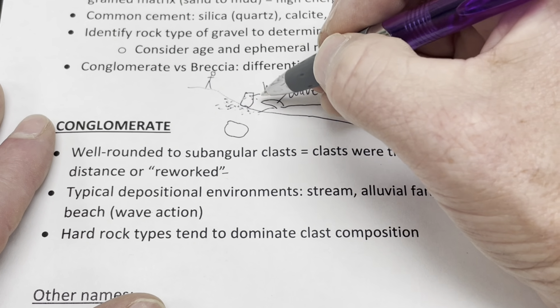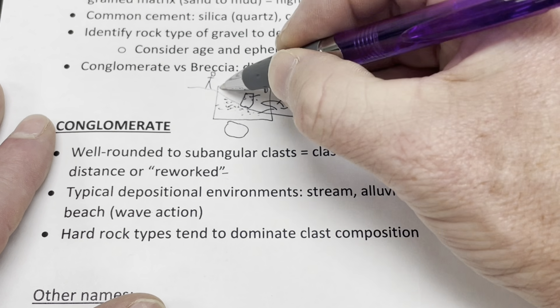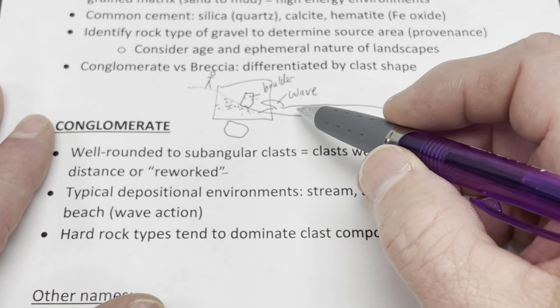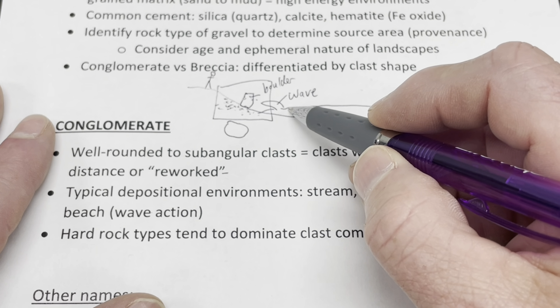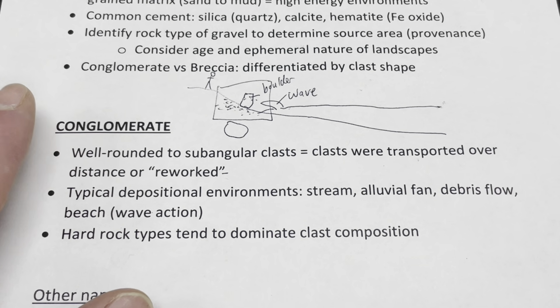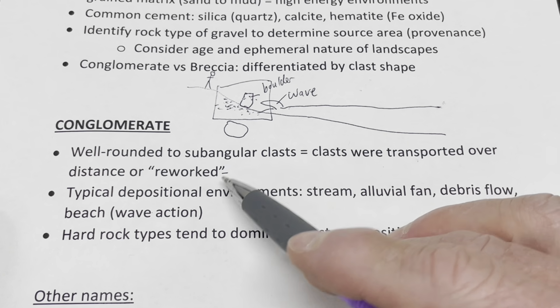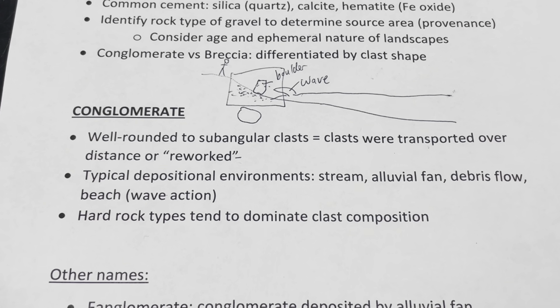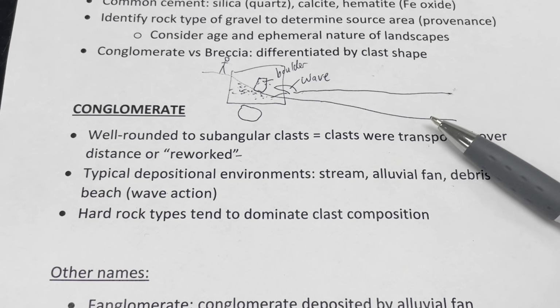So we're not transporting the sediment very far. It's staying in the same place for the entire time. But because we have a constant supply of energy here with the waves in the ocean, we're able to change the shape of the particles. And that's one idea of what we call reworking the sediment. So some possible environments we might see